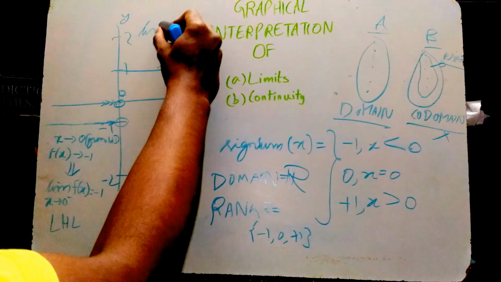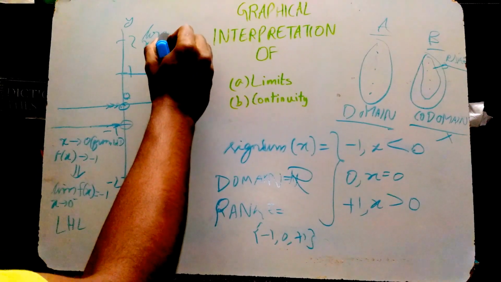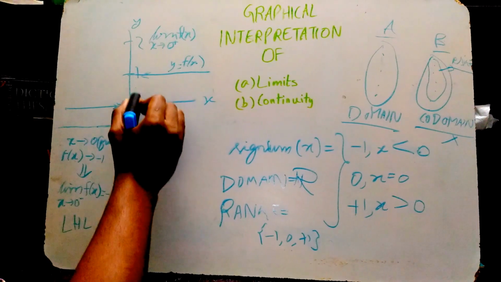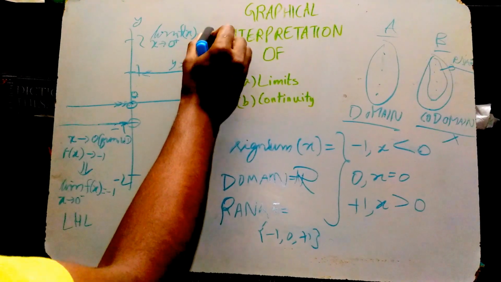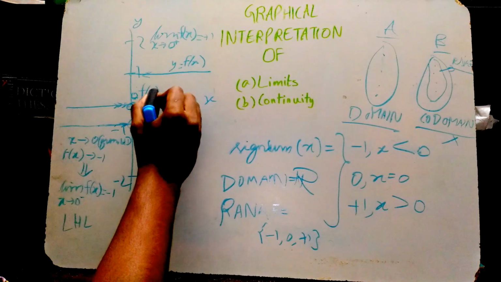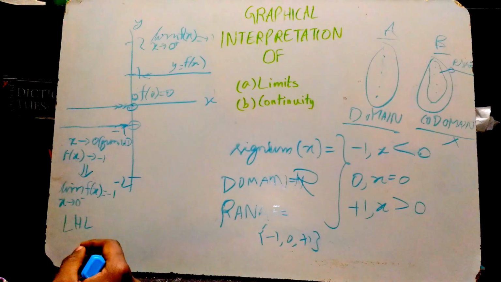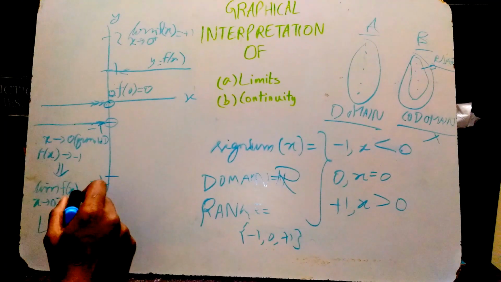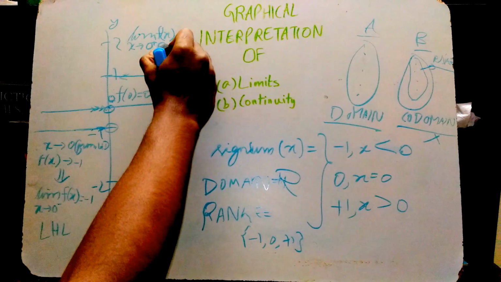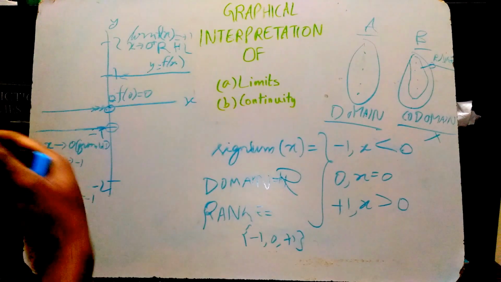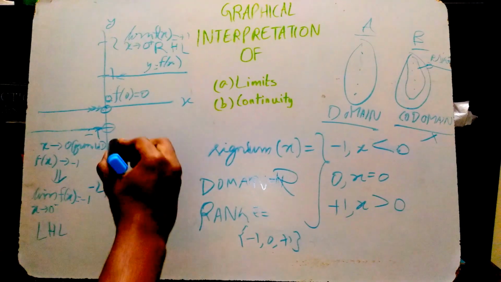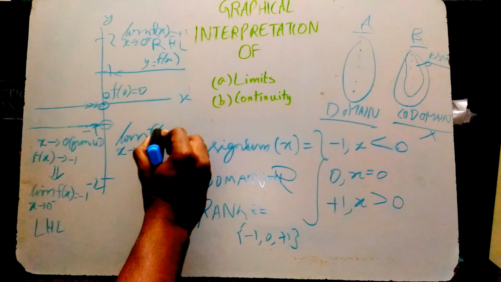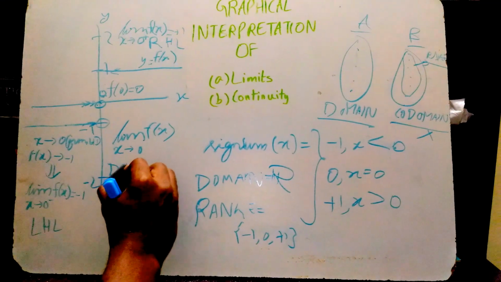Likewise, lim x tends to 0 plus of f of x will be, if you notice, the value approaches +1, so it is +1. And also if you notice, f of 0 is equal to 0. Now first of all, for the limit to exist, LHL and this is called RHL, right hand limit, they must be equal to each other for them to exist on the whole. Like in this case, limit x tends to 0, f of x doesn't exist.